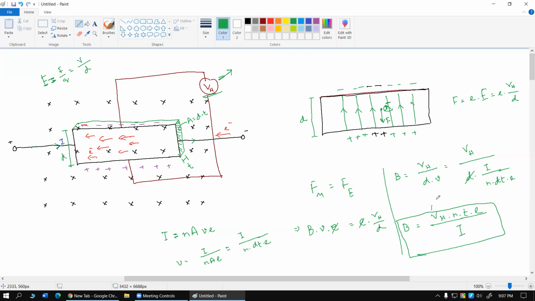You can measure the Hall voltage using a simple voltmeter. You can measure the current using a simple ammeter. You can measure the thickness using a vernier calipers. You know the charge of an electron by default. Scientist Millikan and other scientists did their job pretty well in this sense. The other thing that is left is the